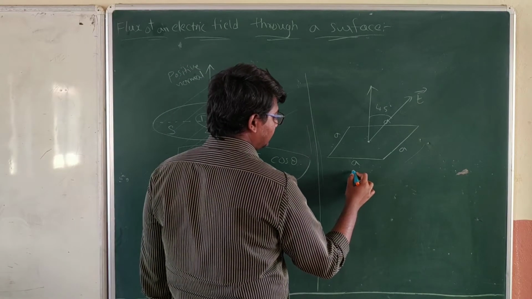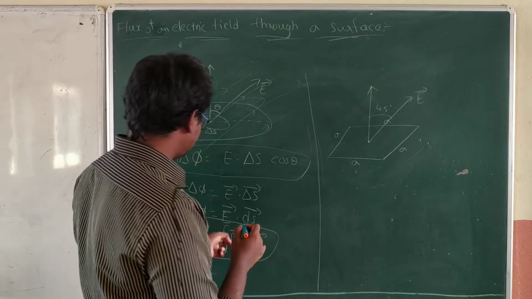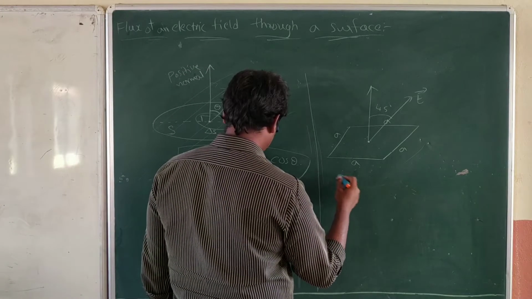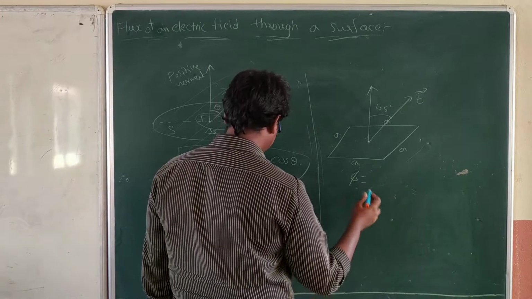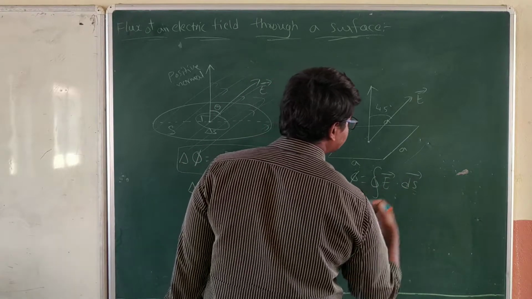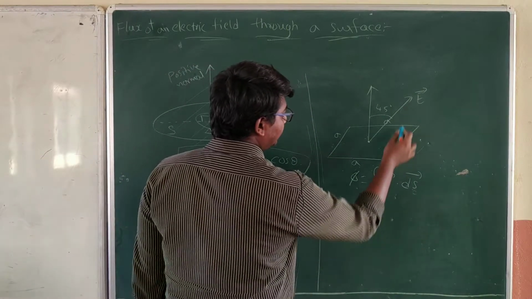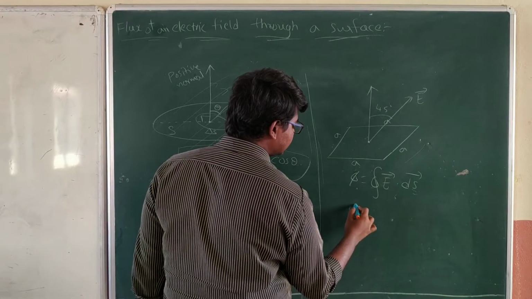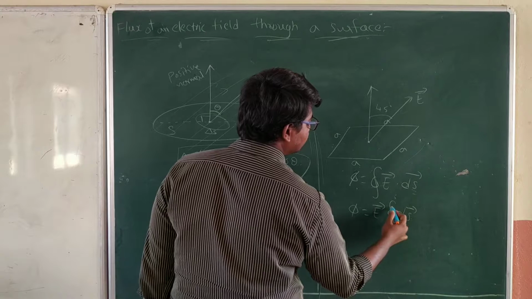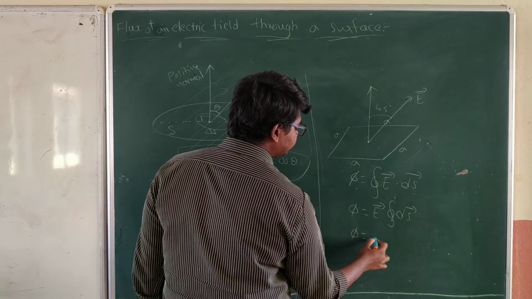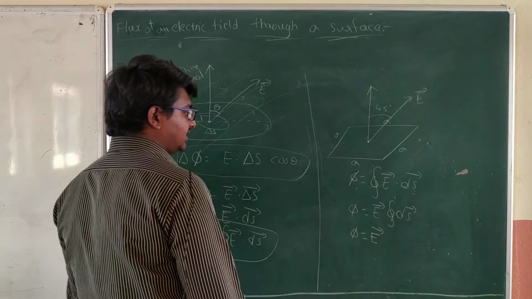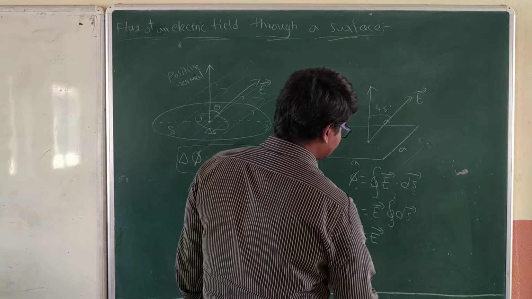Fine. Then how can we find that? We already know the formula. Phi is equal to integral E ds, or else this formula we can also consider. That is, electric flux phi is equal to integral E bar dot ds bar. And here E bar is a constant term in the present case. That's why we can bring E bar outside the integral, ds bar. Right now, integral E bar and ds bar is there here. First of all we need to